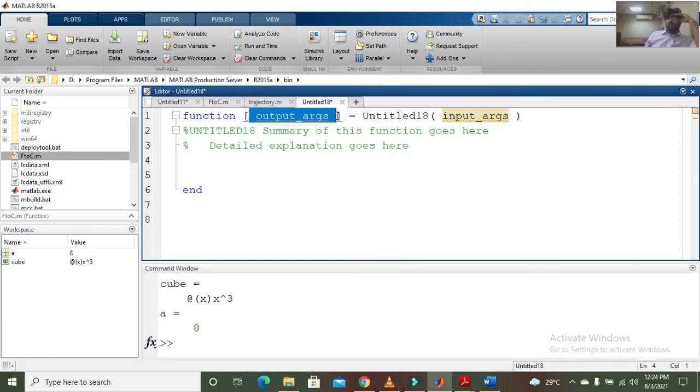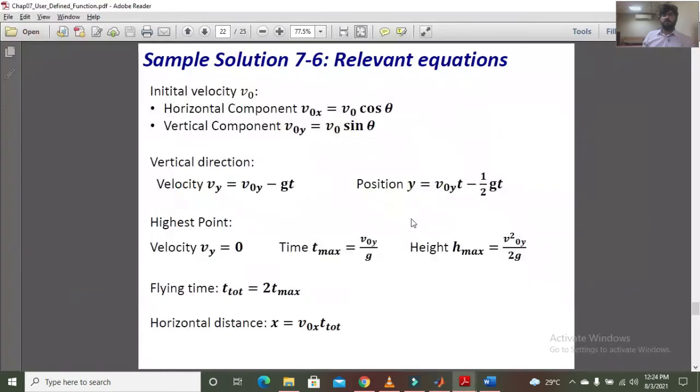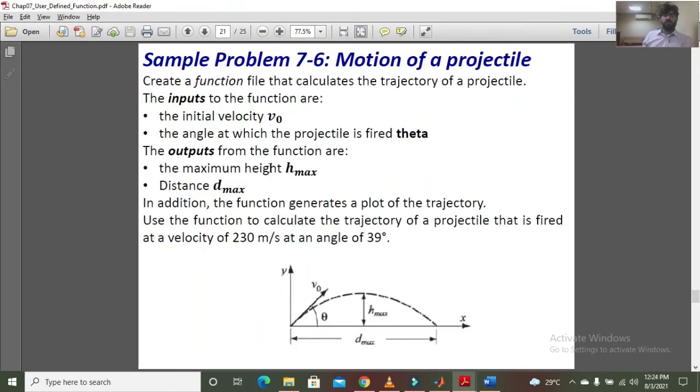So let's say, as I mentioned, the outputs will be h max and the distance, the height and the distance. This is what we are being asked to calculate.